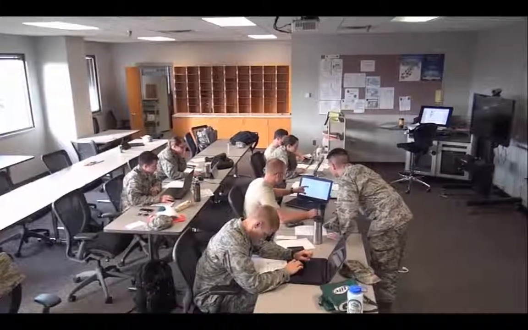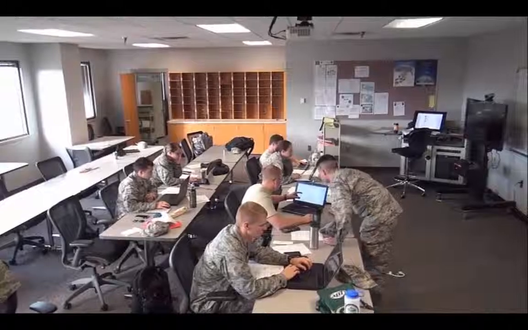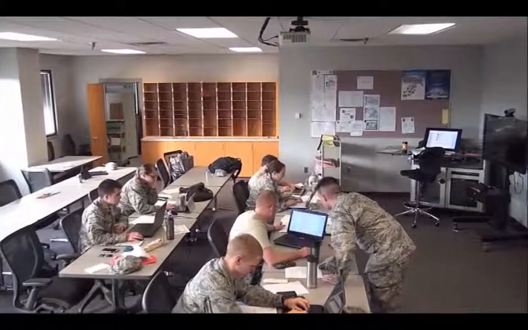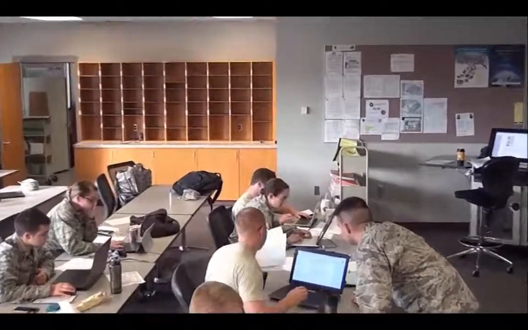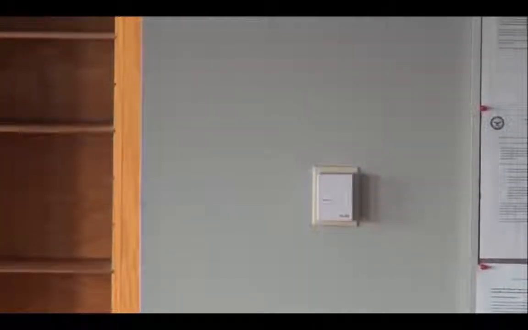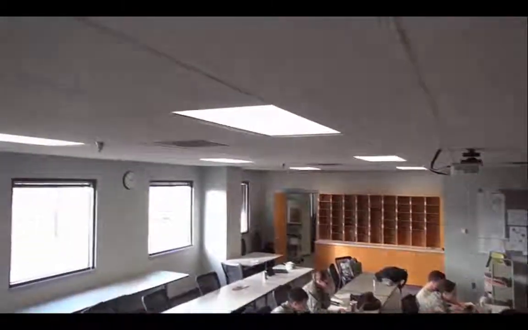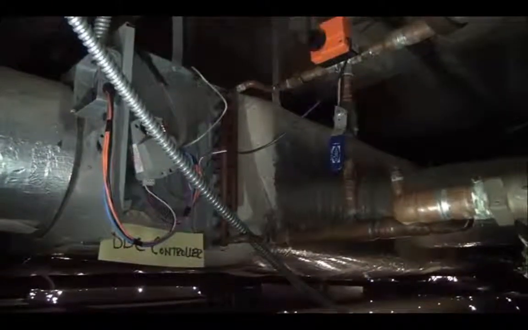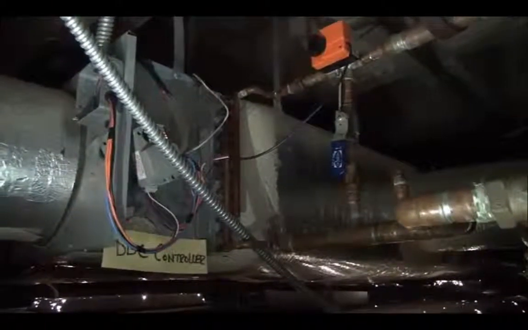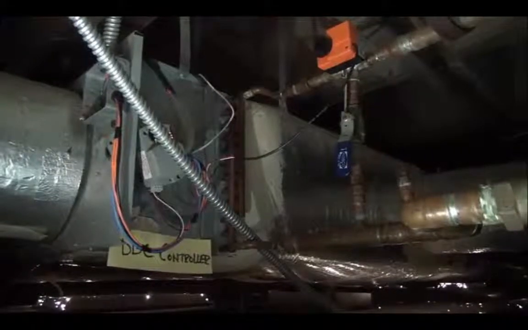Okay, so we're in one of the classrooms here at AFIT Civil Engineer School. The temperature of the space is always being sensed or monitored. It's being sensed by that temperature sensor located over there on the wall. That sensed temperature is then being sent to the VAV box. And that VAV box has on it a digital controller which is comparing the sensed temperature to some set point. And based off of deviance from that set point, we're either going to send more or less hot water through